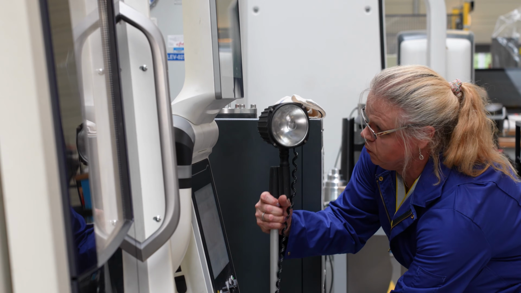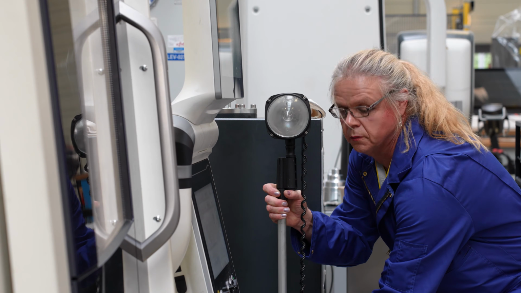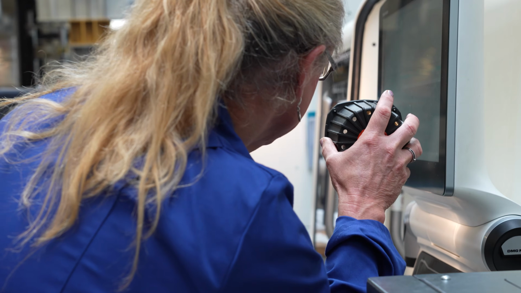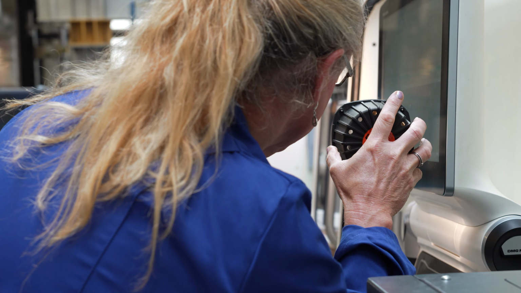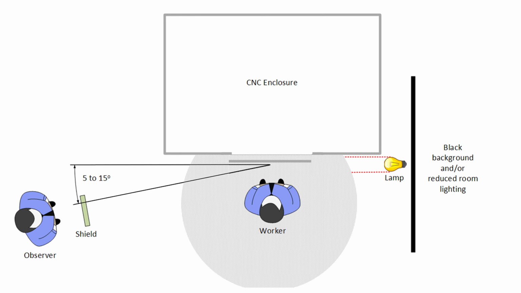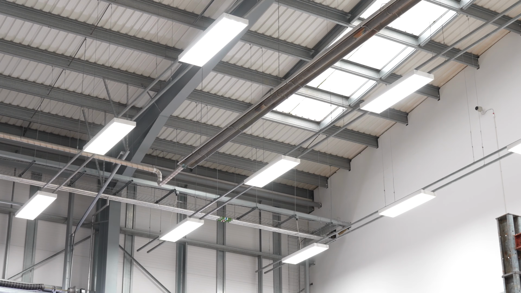To set up the equipment, firstly mount the dust lamp on a stand and position the lamp to shine through the area where the mist cloud is thought to be present. For a CNC machine, this will be across the front of the enclosure by the doors, but also at the back of the machine and across the top if the machine design is open.